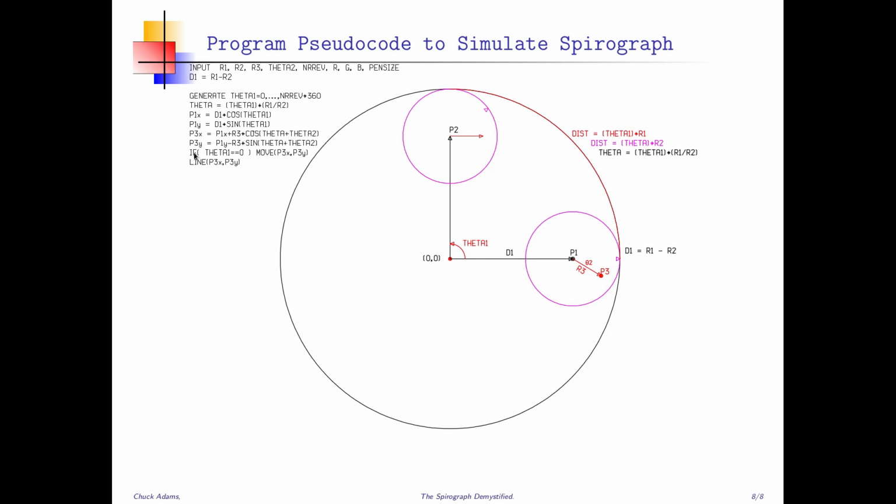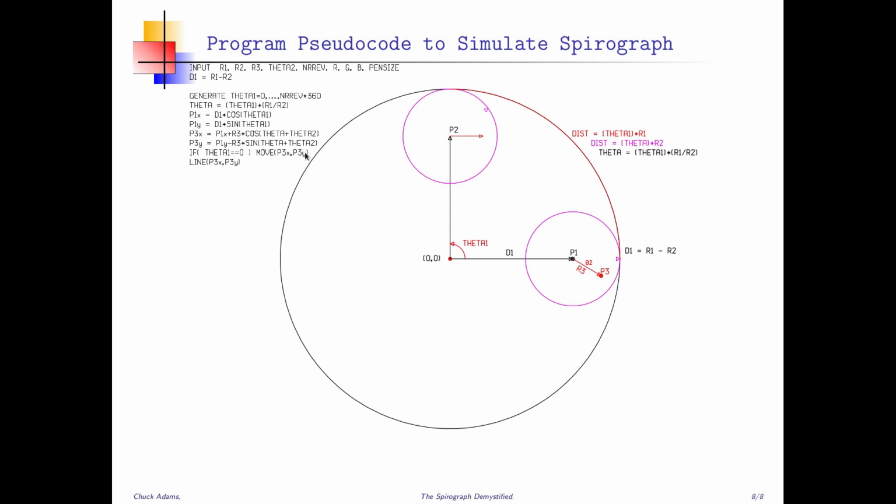For the plot routine itself, okay, what to do with the pin and feed it to dxy to ps. If theta equals 0, I want to move there, because remember when you start the program, it's in the home position, so I'll move it there. Then I draw a line. Well, if I draw a line from P3x to P3y, that if I go from point P1 to P1, it doesn't do anything. So it's a no-op the first time, but after that,